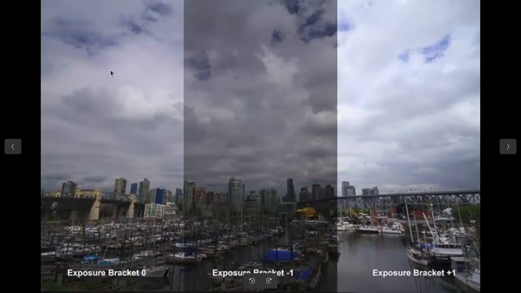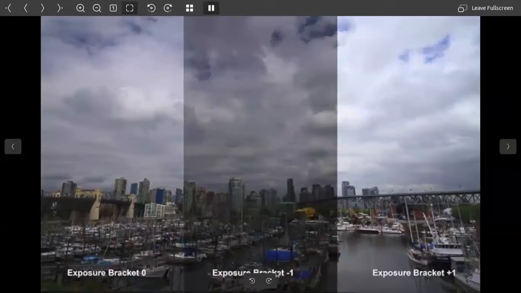Let us say you have taken a photo. Now, if you want to make the photo brighter, what are you going to apply? You are going to apply positive exposure compensation. Let us say you have applied one level of positive exposure compensation, so the photo looks brighter. Let us say you want to apply negative exposure compensation, so what you can do? It will make the photo darker.